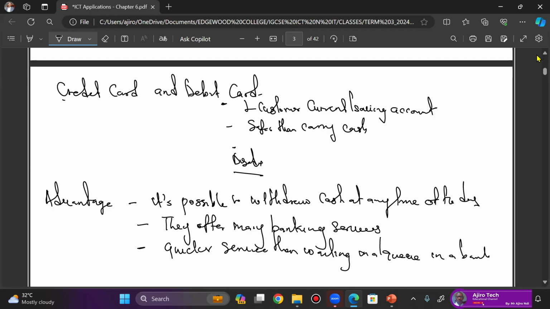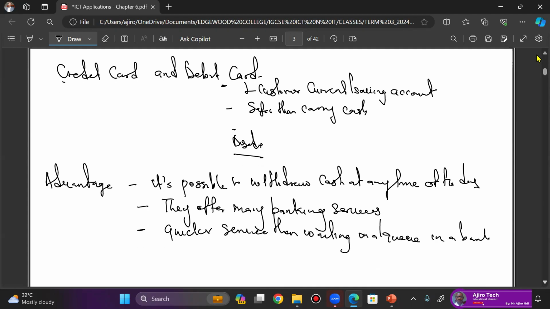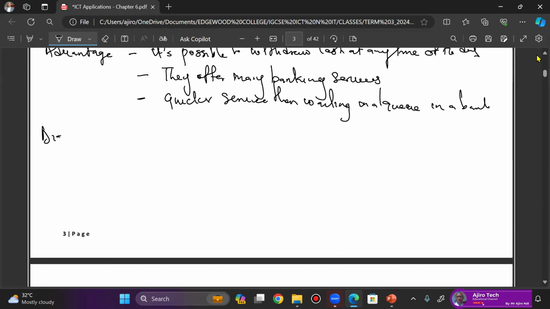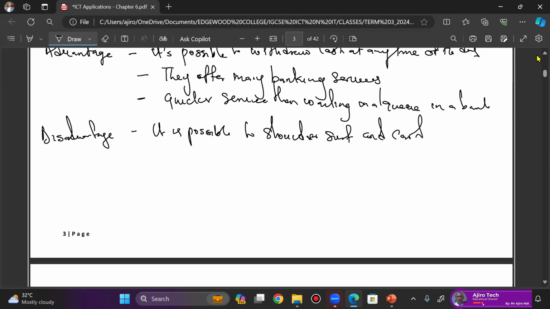So please, right? And also remember, this is chip and PIN, so it is possible to have shoulder surfing. It is possible. For disadvantage, it is possible to do shoulder surfing. We're going to see this in chapter 8 as well. And of course, this can also lead to card cloning. This is done with what we call a skimmer. We'll see this in chapter 8. Okay. So please take note.